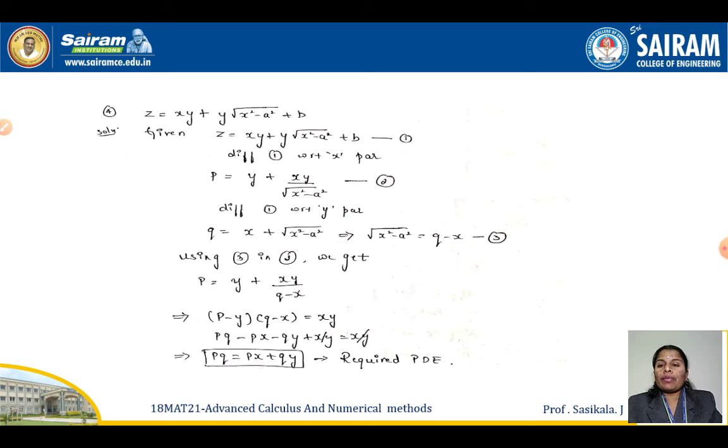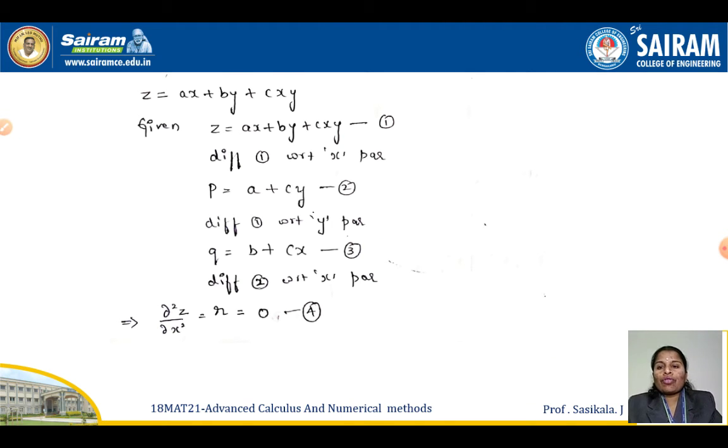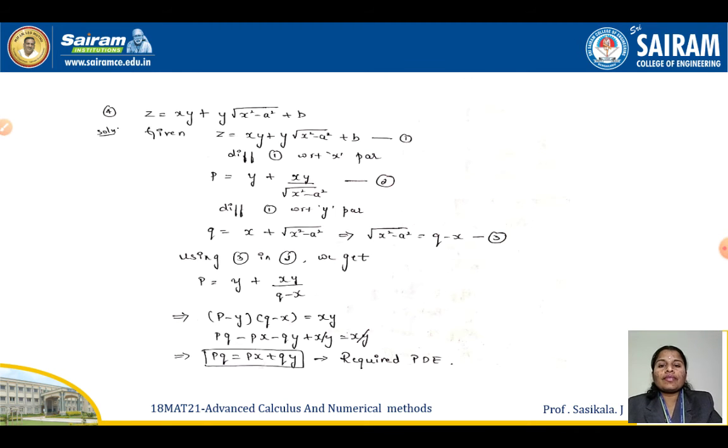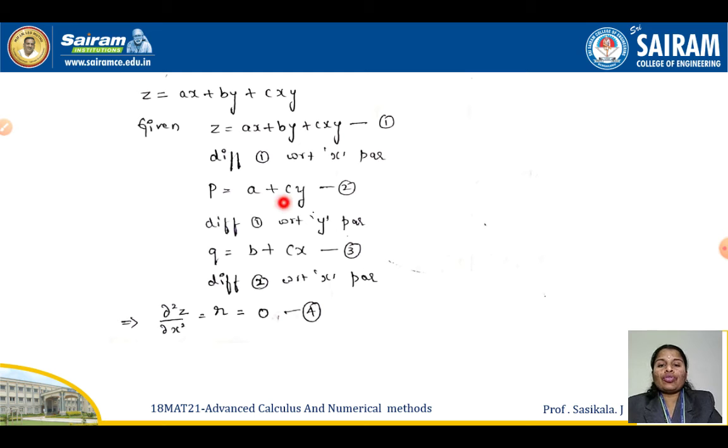So we'll go with one more example, a little different one. So what is that? z is equal to ax plus by plus cxy. Okay. So differentiate. First step, immediately find p and q. So p is equal to, here what is the difference? You can see I have 3 arbitrary constants. So as per the note, the definition, if you have more arbitrary constants, try to go with the higher differentiations, right? So z is equal to ax plus by plus cxy. So differentiate with respect to x for the first equation. So dou z by dou x will be p is equal to a. This is 0. This I'll get cy. Similarly, q is equal to b plus cx.